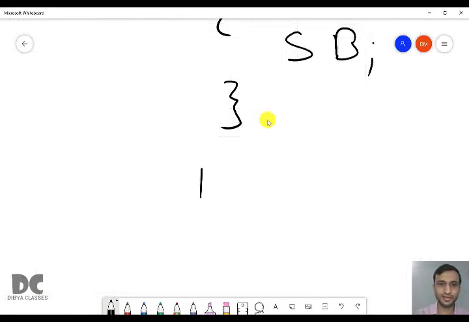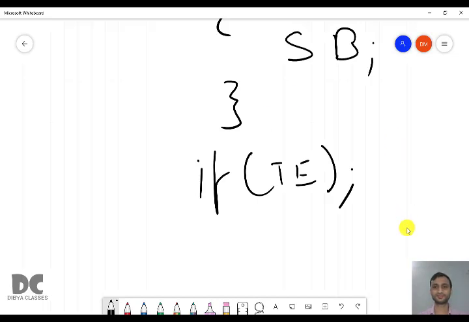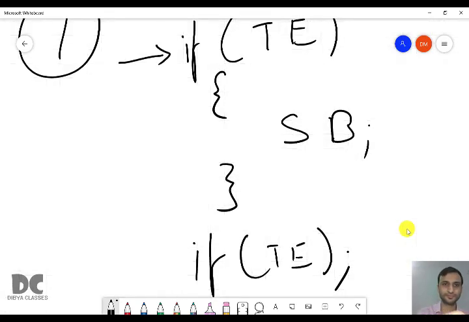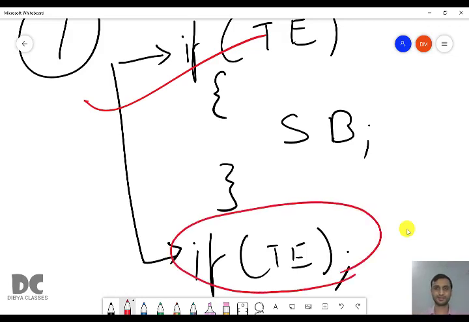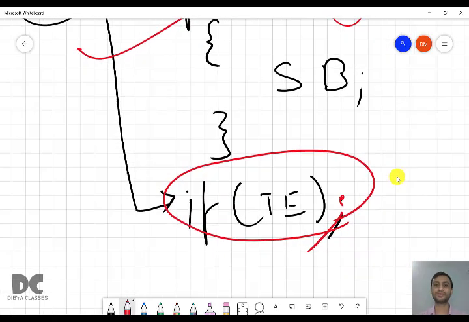So what is if test expression semicolon? This is the actual syntax, but this is an exceptional case. Though we don't give semicolon after if, in this case I have given a semicolon. This question has already been asked in your board exam. This is a very important question.